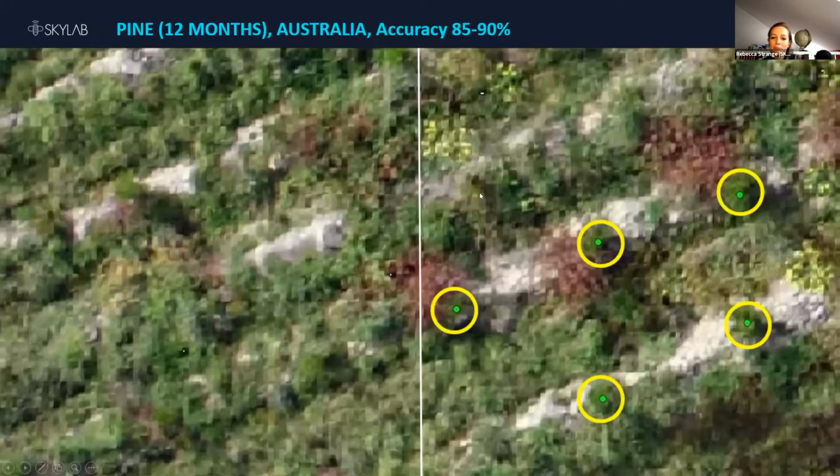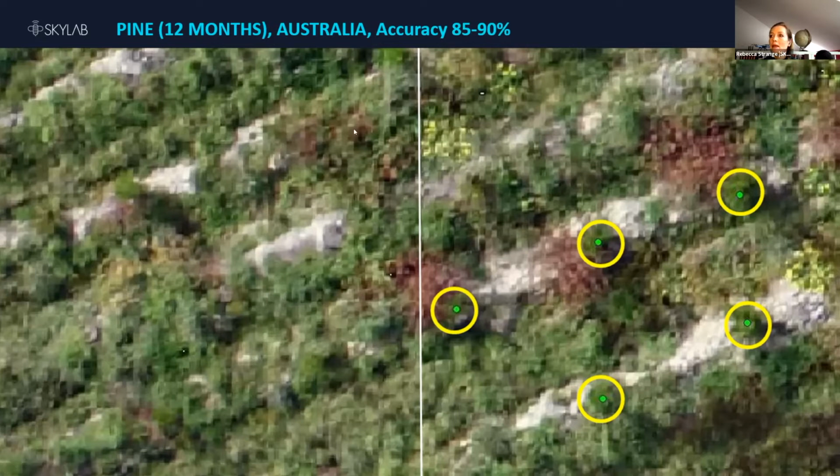Some look like this. And it's in stands like these where that training data is so important. So seedling detection is based on recognition of color and shape of the seedlings and also the planting patterns. So in a case like this, we would first say, well, do you have any cleaner stands with a bit less vegetation with the same types of seedlings that we can tell our algorithm exactly what it needs to look for? And then we would train it like that and then apply it to these harder stands, and the algorithm would still be able to detect the seedlings even in these harder circumstances. And the accuracy obviously is a bit lower, but I think the stand was about 90%.